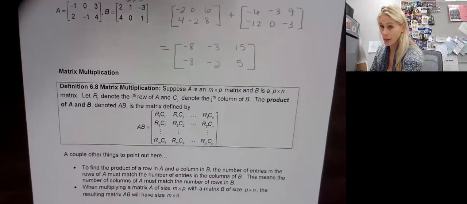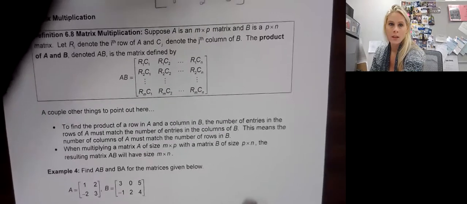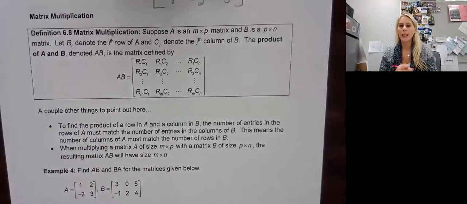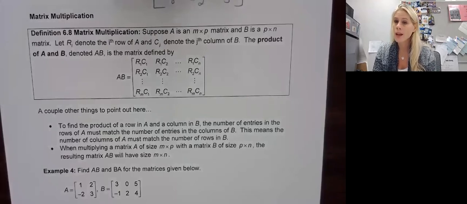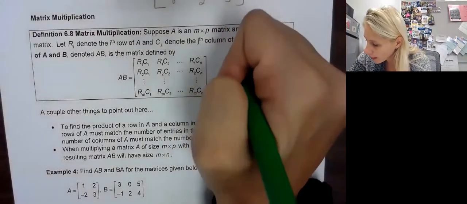All right. We good? All right, here's a big one. Matrix multiplication. Okay. When we multiply, I will tell you that the dimensions do not have to be the same. Actually, most of the time they won't. But because what we have to do is multiply the rows by the columns, our dimensions have to be in a certain form. What happens, and I'm going to actually mark this out, okay, is if we have a matrix